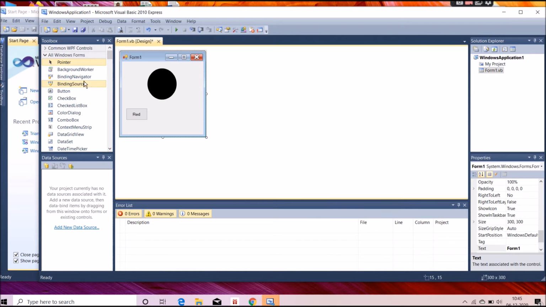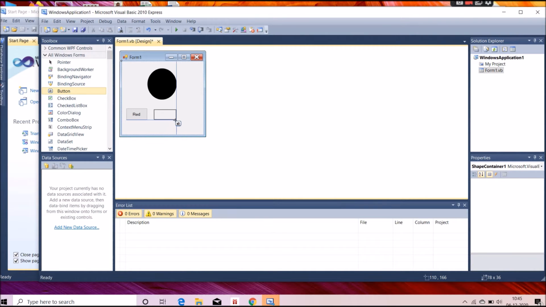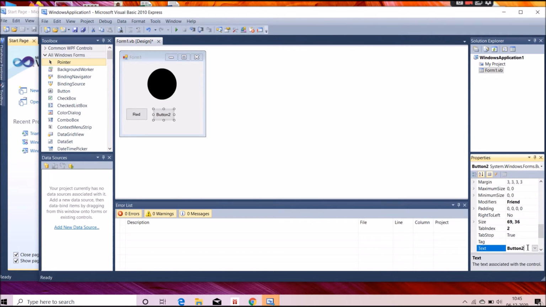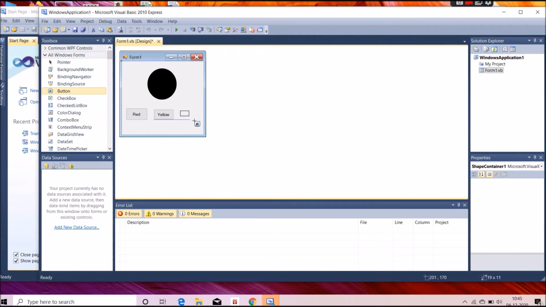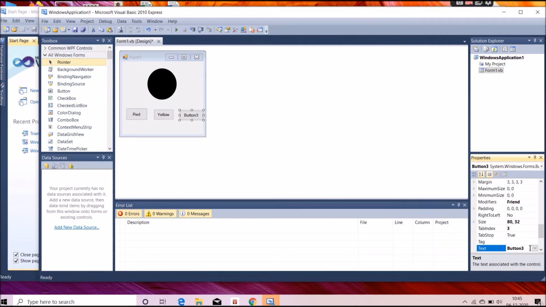Again take another button and write Yellow. Again take another button and write Green. The three signals we have written.